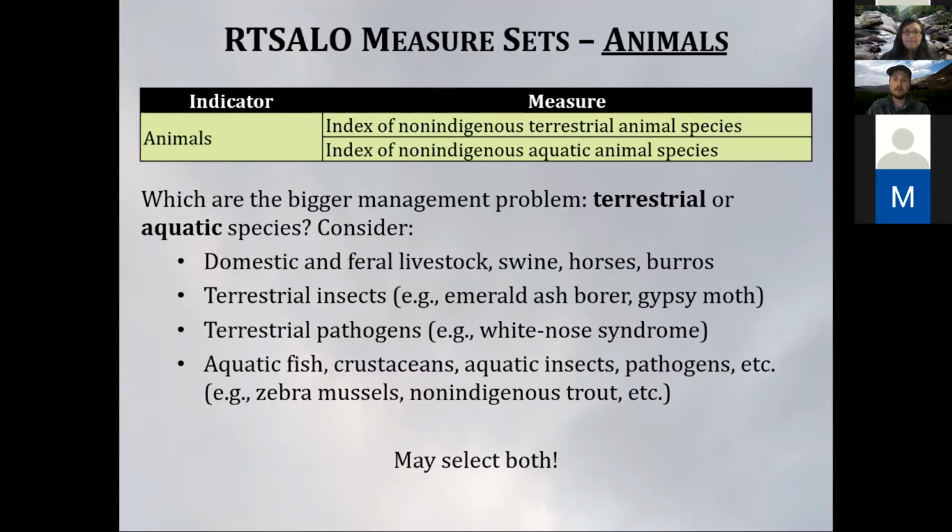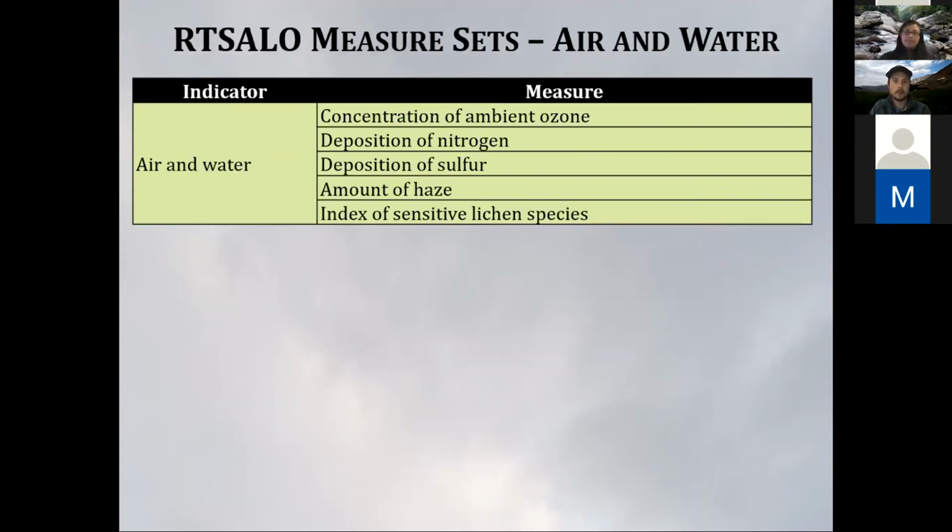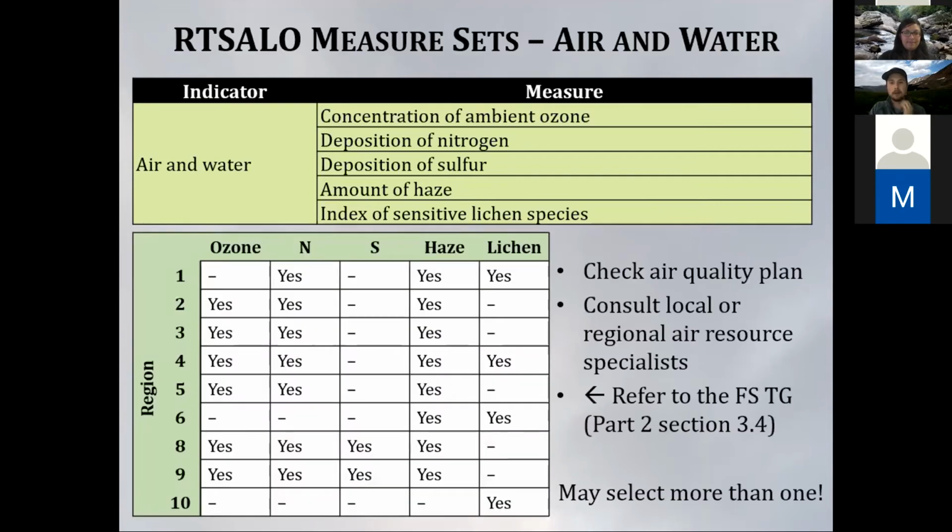And the thing is, if both are an issue, you can select both. So yeah, you don't have to make a decision if both are applicable. So this is the second set of RTSALO measures in the natural quality. So you must select at least one of the air measures from this set. And here's a little bit more information about how to go about choosing which measure is applicable for that wilderness area. First off,